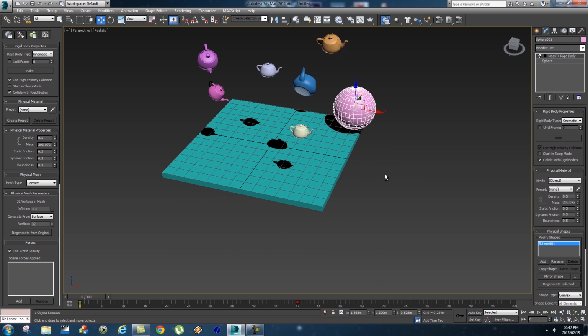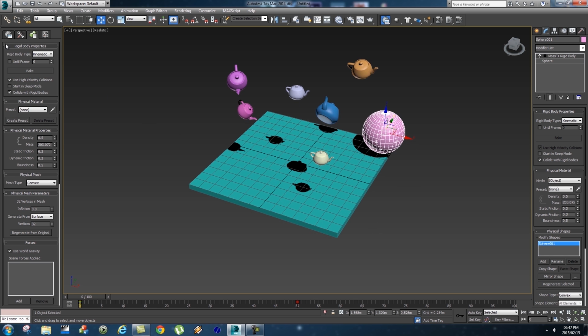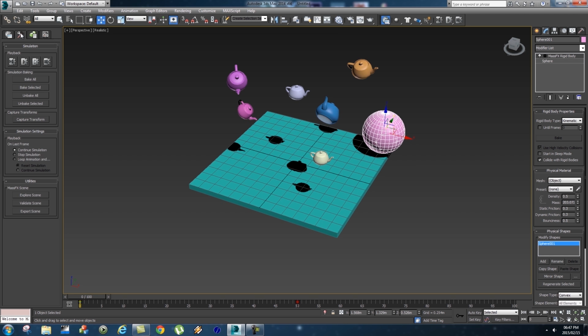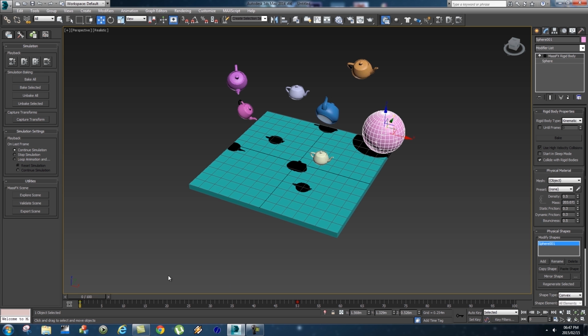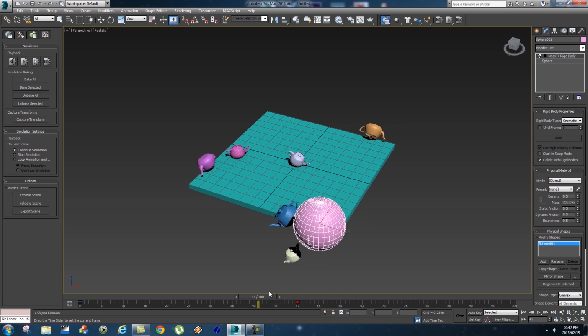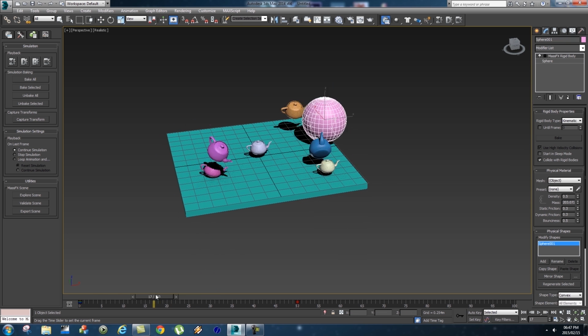Okay, so once you're happy with your simulation, you will need to bake that simulation. So what you need to do is go to the second tab on your MassFX tools here on the side. Make sure you reset your simulation, and then you just click on bake all, and that will actually create keyframes for your simulation to record them here at the bottom. And once that's done, you can scrub your timeline, and your animation will be baked, and everything will be keyframed